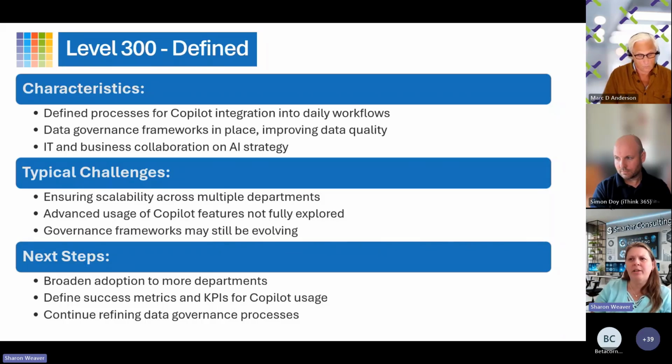If you're at a 300 overall, you feel comfortable at a 300 level, like I said, maybe you've got some defined processes. IT and business are already working together on some strategies. They're starting to think, okay, how is this going to work? What do we need to be worried about? What are our major risks? Remember at 300, we see the potential, but let's start thinking about mitigating our risks so that if we do use this, we're not shooting ourselves in the foot too early.